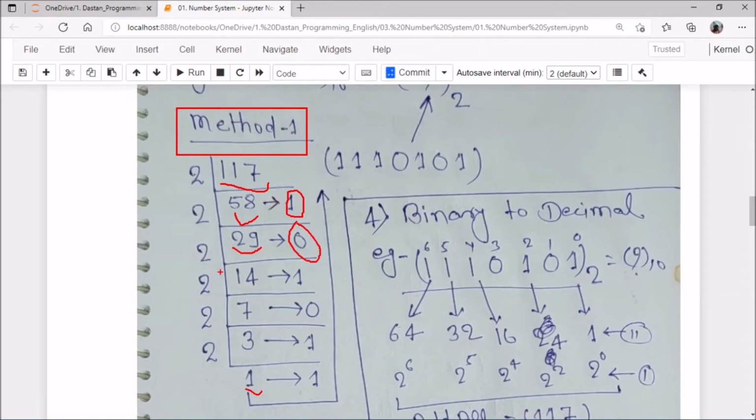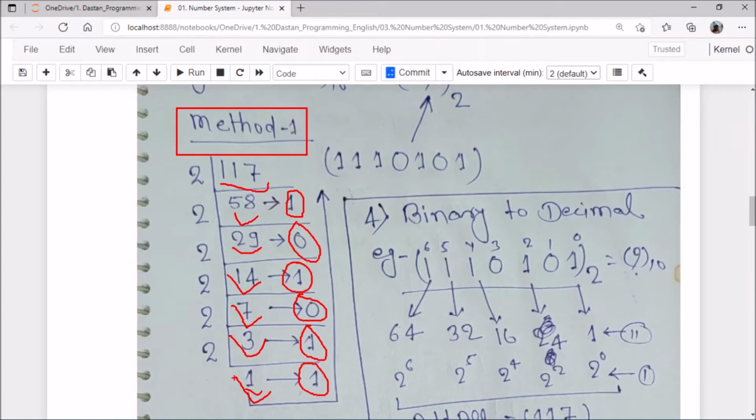Then dividing 29 by 2, we get 14, and the remainder is 1. Again dividing 14 by 2, we get 7, and here the remainder is 0. Then again dividing by 2, we get 3 times, and the remainder is 1. And again dividing 3 by 2, it will be 1 time, and the remainder is 1.